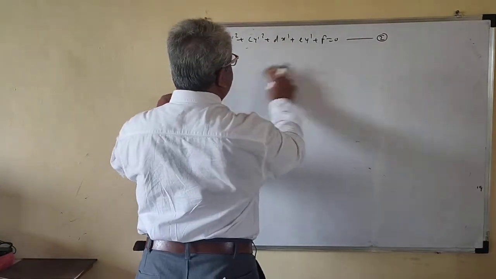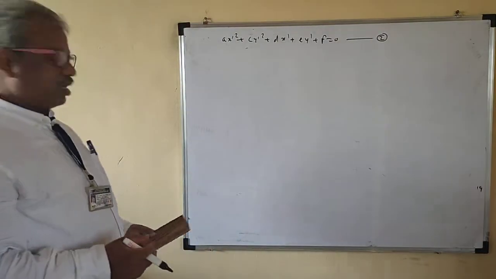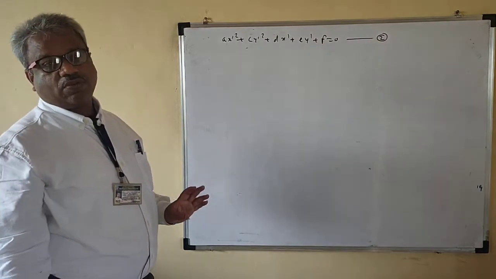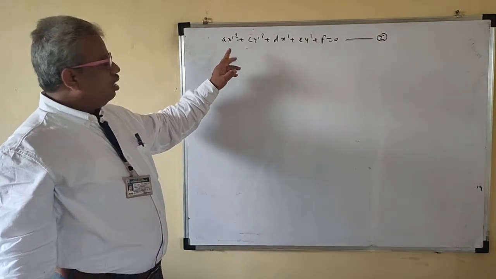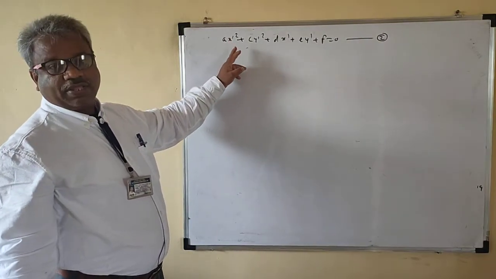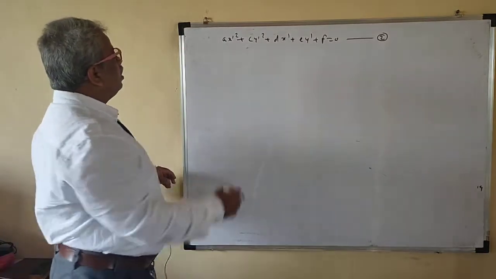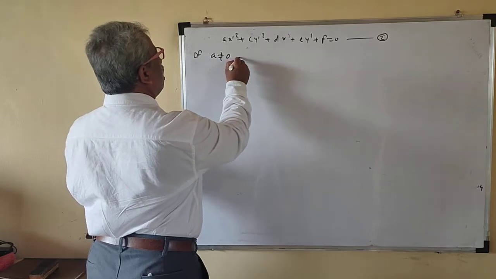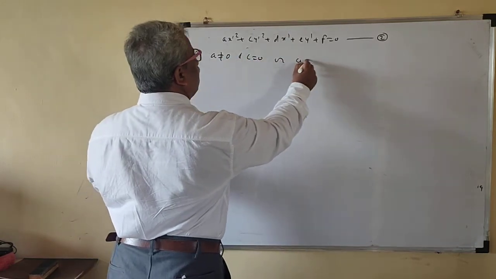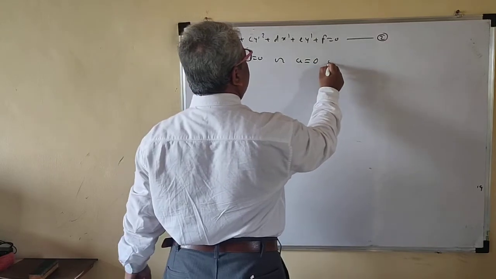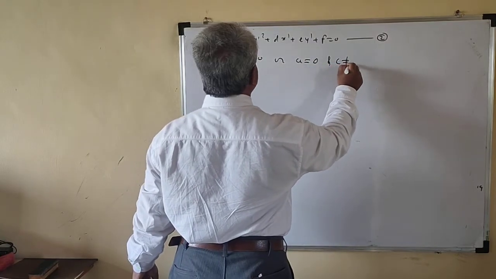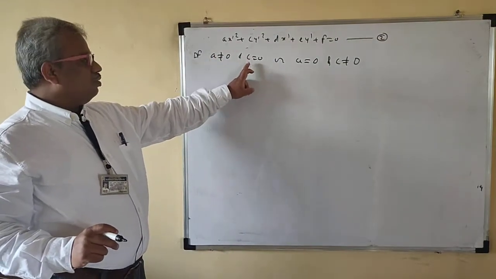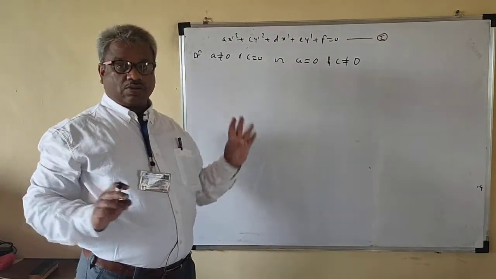So now from equation 2, what we have taken? If a and c are equal, then it represents a circle. If a not equal to c and both a and c are not equal to 0, then we have proved that this represents a hyperbola or ellipse. Now if a not equal to 0 and c is equal to 0, or a is equal to 0 and c not equal to 0, that means one of the cases, a not equal to 0, c is 0, or a is equal to 0, c not equal to 0, then